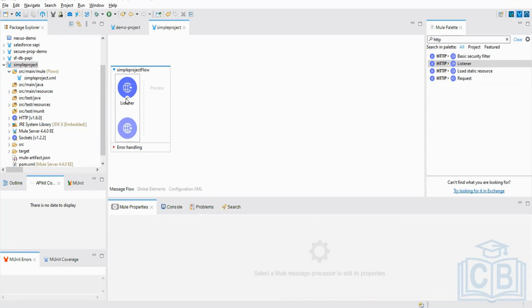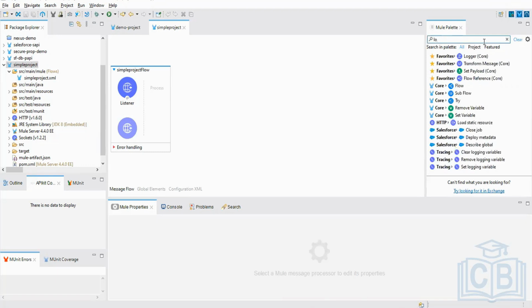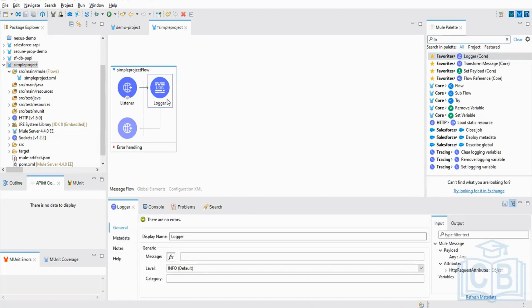Once this receives the message, I want to simply print the message. To print the message, we use the component called logger. Logger is a component that will print the messages to the console. In the logger, I'm printing the messages. The message received is